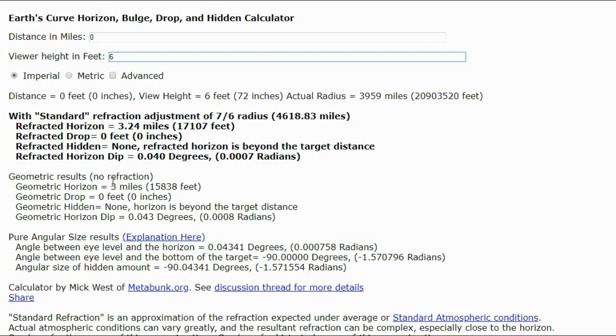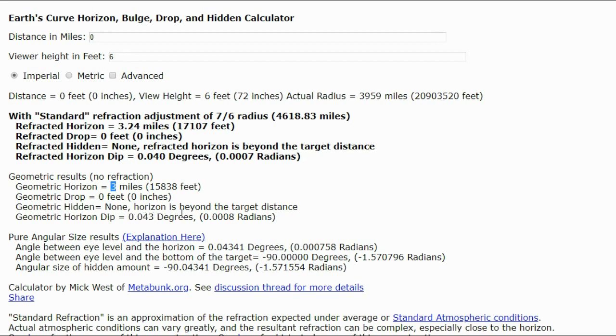So the geometric horizon is 3 miles, the refracted horizon is 3.24 miles. We can ignore the refracted one for a moment because that's talking about the light refracting. We're just going to go to the geometric horizon with no refraction. So a 6 foot tall person, the horizon is 3 miles. Okay, but the horizon dip to the eyes is